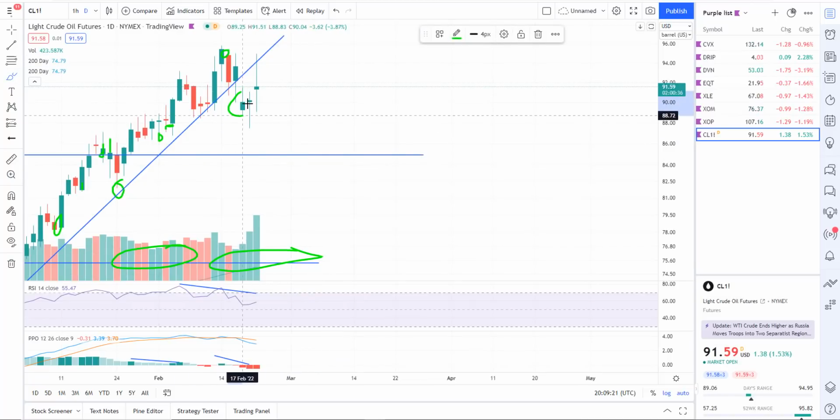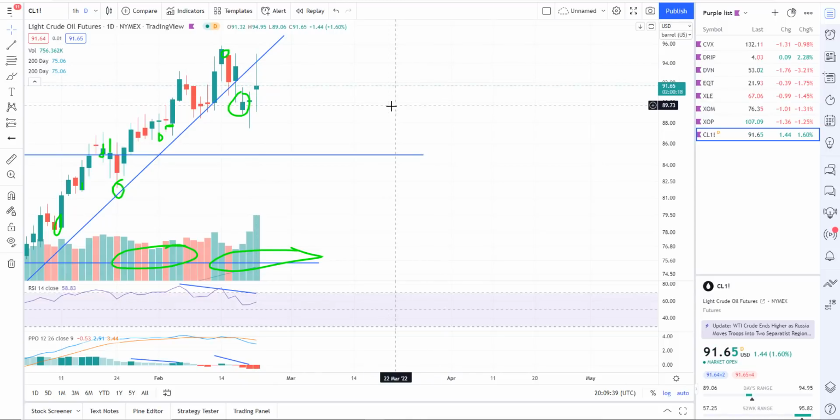And so we had a sell signal and we had that back test. I talked about that. I said, you know, oil's been really strong, so I could completely expect a back test. And sure enough, we did get that back test of that trend line. We were rejected off of there. Now, we might trade higher and just put in a slightly new high, but I think that's probably good for the rejection. And so I think there's a short opportunity coming up in oil and maybe some of these oil